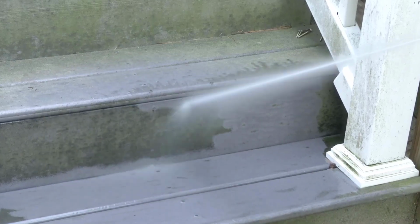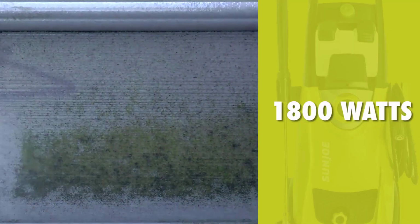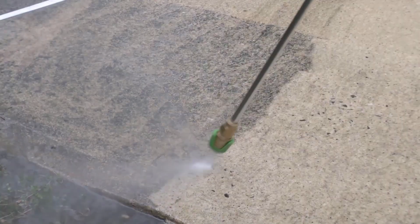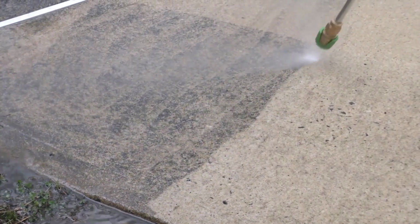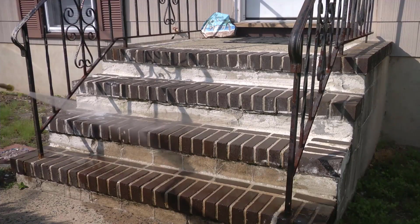If you're looking for a new pressure washer, we've done the hard work for you. After researching over 50 models, we bought and tested the 5 most promising options side by side. We rated each machine based on a battery of stringent tests to determine which is the champion of high-pressure spraying